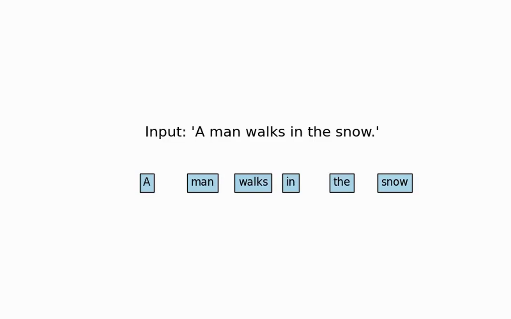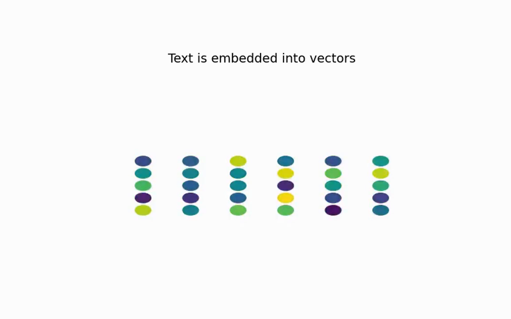Have you ever wondered how artificial intelligence can turn a sentence into a moving video? Meet Sora, OpenAI's newest model that transforms plain text into stunning, realistic videos. But how does it actually work? Let's take a simple example. A man walks in the snow. To you, it's just a sentence, but to Sora, it's a world to be built.